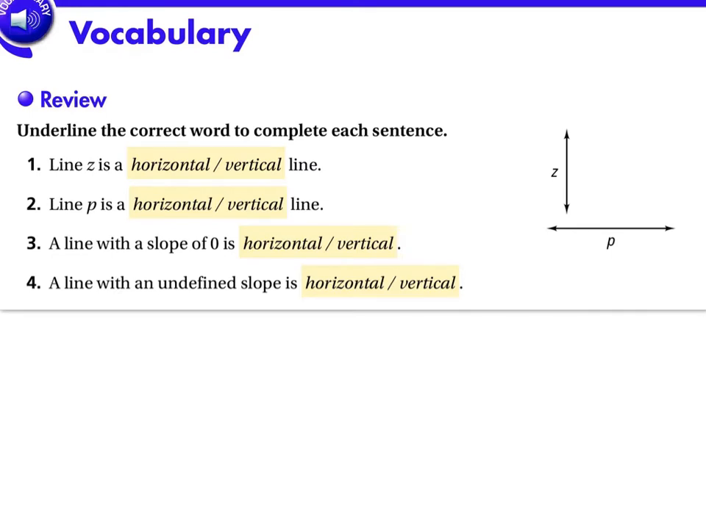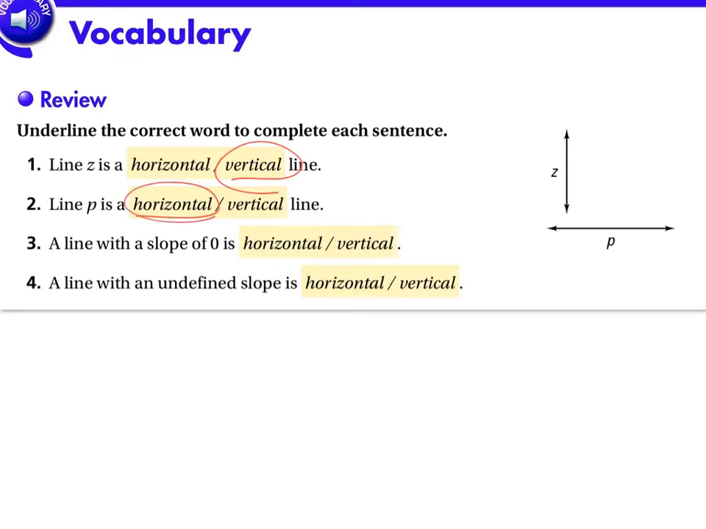Moment to review some vocabulary. Line Z is this line that goes up and down, and that is what kind of line? Yes, that is a vertical line. Line P, side to side. Line P is a